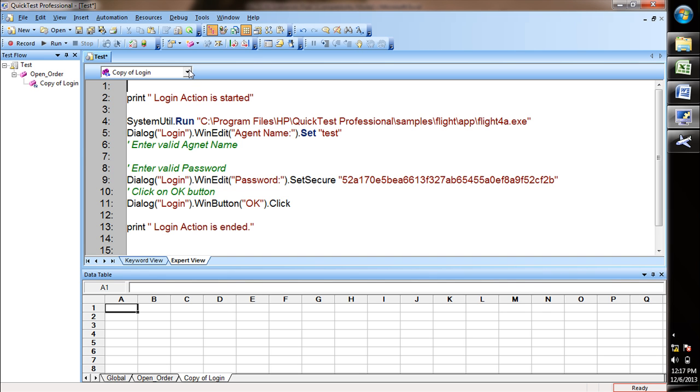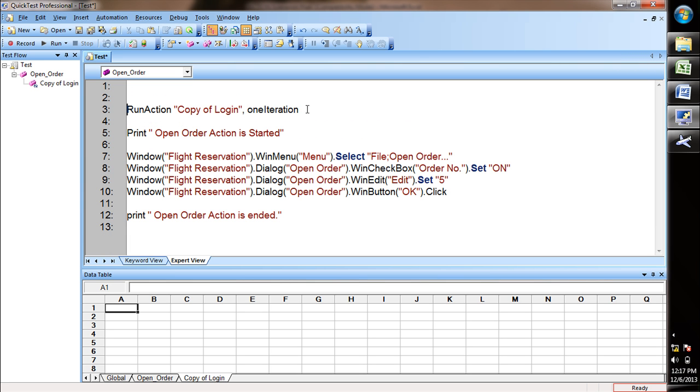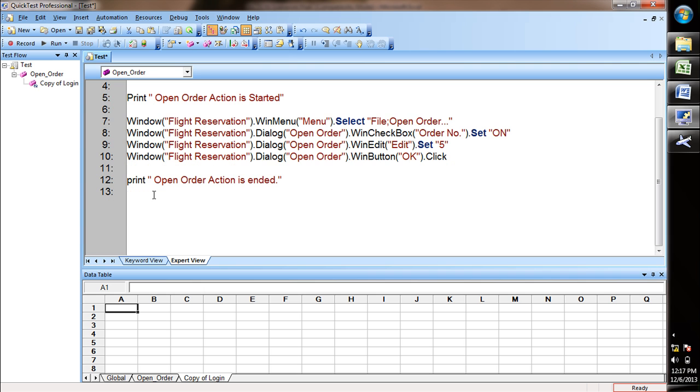Fine. In this script, if you use parameterization checkpoint, everything gets copied, right? And we can call the same action as many times as we want in any other test script also. So we use call copy of action here. In the same way, at the end of the script we can call